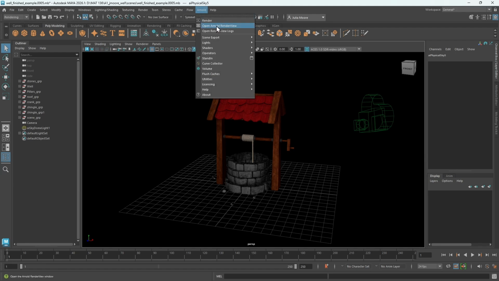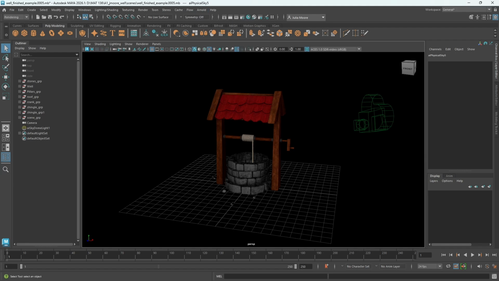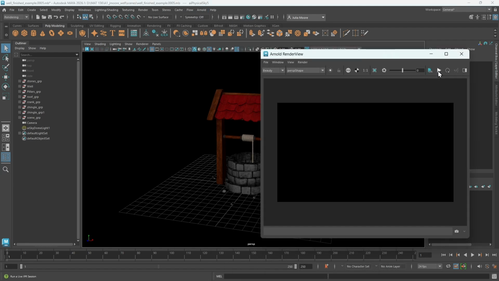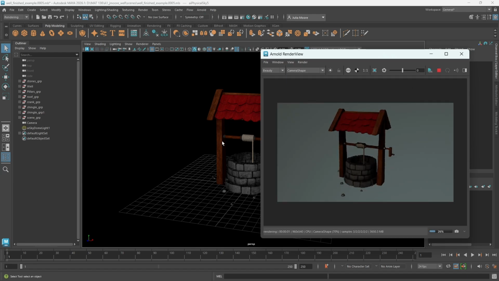I'm going to open up the Arnold render view and let's run our render view. Actually, I'm going to stop it right here. Make sure that you are rendering it from the camera. Let's try this again. Okay, so with the physical skylight, you get some lighting going on, but it's a little